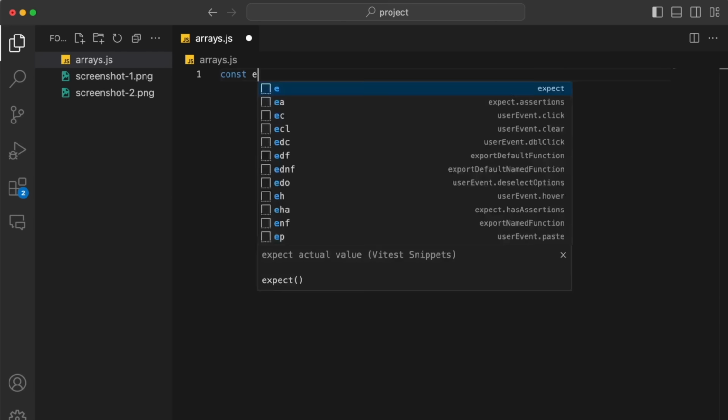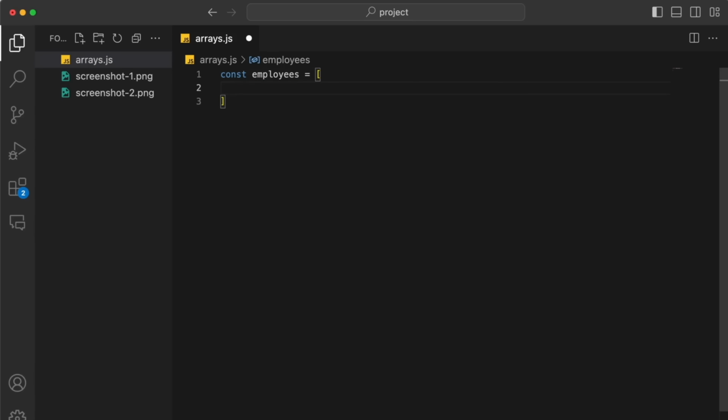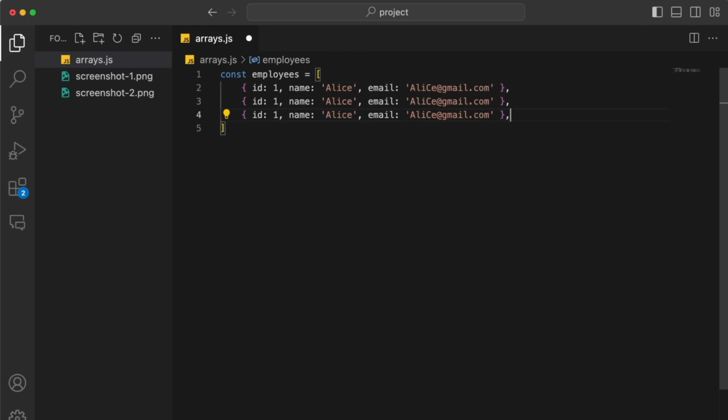So if I initialize const employees to an array, and I'll say ID is 1, name is Alice, and email is mixed case, so I'll say alice@gmail.com. Just in case their email was entered in mixed case. I'll make 2 more copies and update the IDs and the names. So here I'll say Stephen, and I'll say Joe. And for the email, I'll just say in mixed case, and Joe. Ending with the semicolon. So now performing the map, I'll say const updatedEmployees assigned to